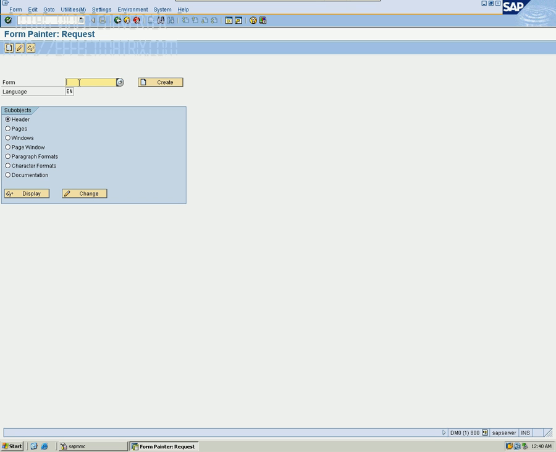Generally SAP has all forms predefined, and if we want any changes to the standard forms, we are going to copy those forms and make our own modifications. Now if we want to create our own form or a script, we have to come to the transaction